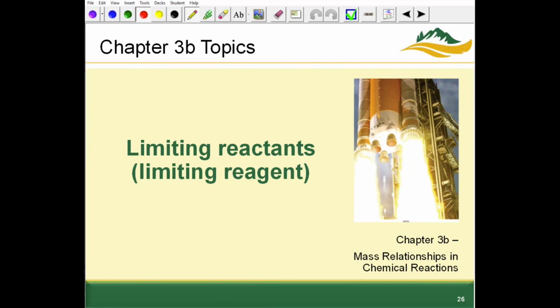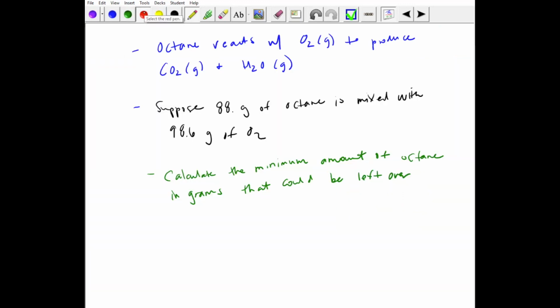In this next topic, we're going to continue some calculations with limiting reactants and limiting reagents. For this next practice problem, we are told that octane reacts with O2 gas to produce CO2 gas and water. Suppose 88 grams of octane is mixed with 98.6 grams of O2. Then we're going to calculate the minimum amount of octane in grams that could be left over after this reaction